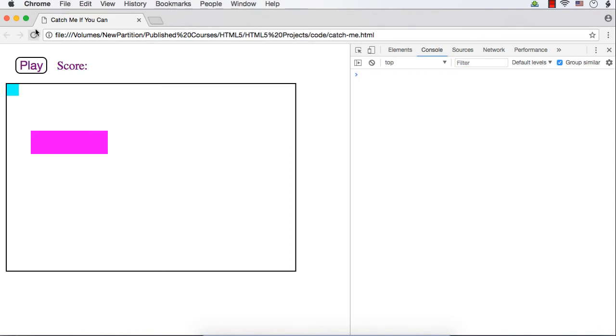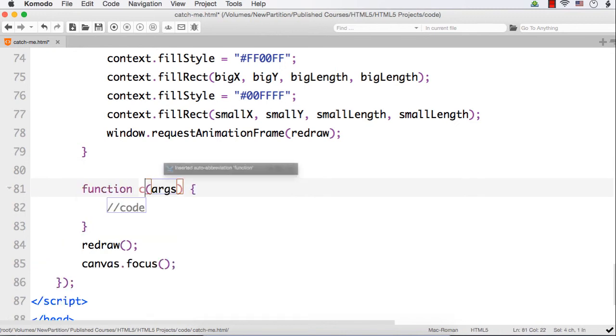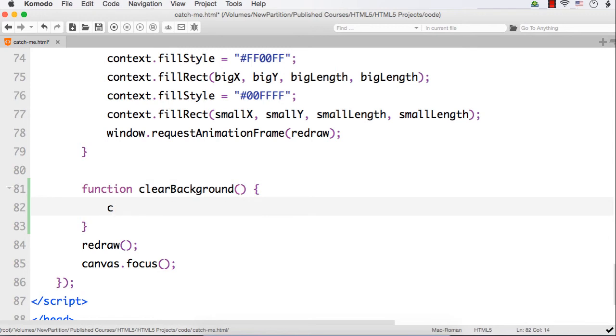See, this square is like this. Why? Because we actually need to clear this and then call the draw method or the redraw method. Otherwise, the shape is going like this because it is actually moving the x and y values to the next position. Suppose I use the down arrows, it will add like this. So what we can do, actually we can write a function clear background, and let me remove this, and here let me write context dot fill style. What should be the color? It should be white. So hash